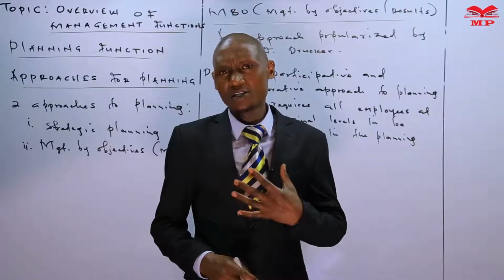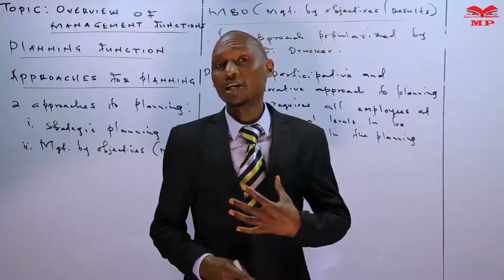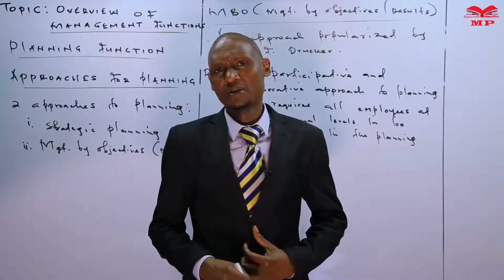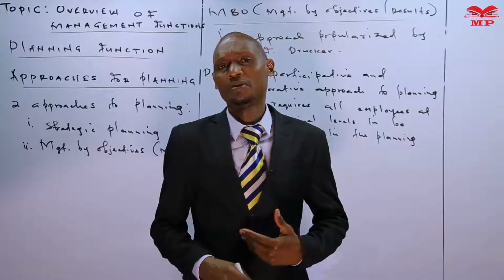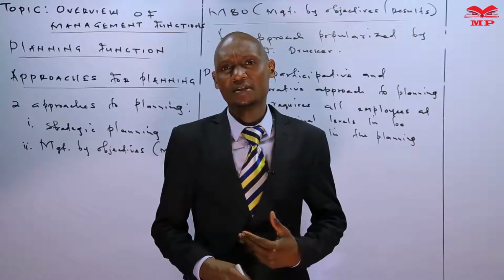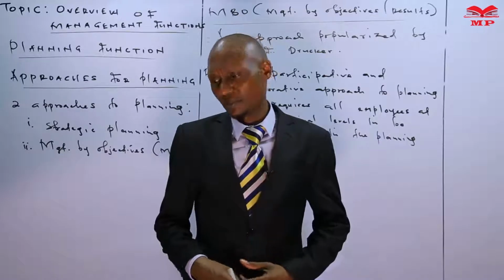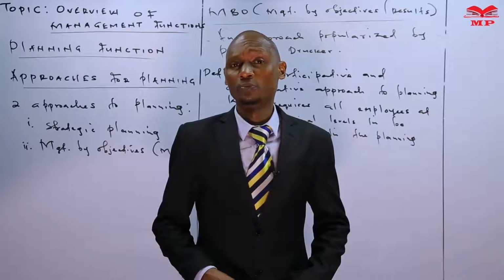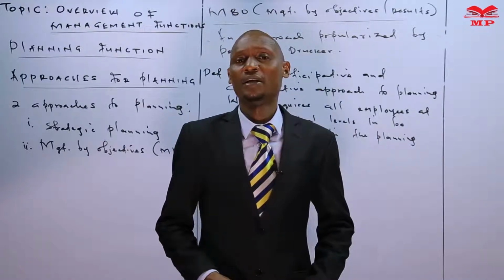By being required to set your own goals, formulate the action plans or the means you intend to achieve them, and execute them, measure performance, correct yourself, then employees are likely going to perform well and to be committed in